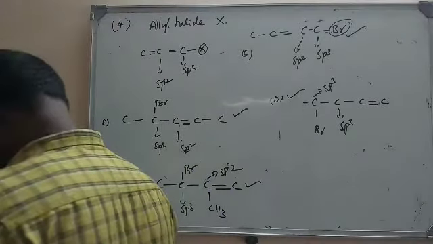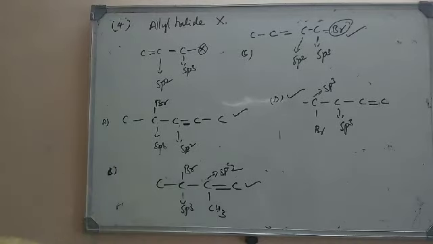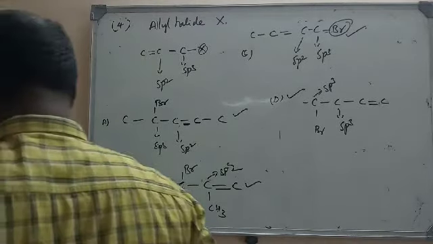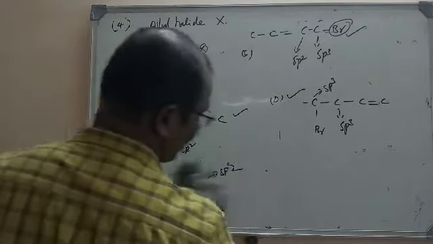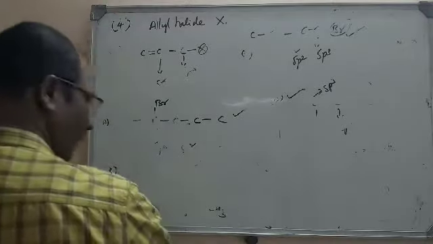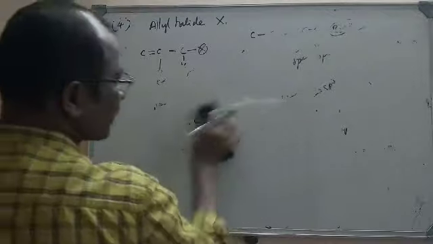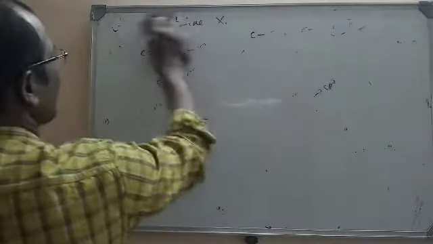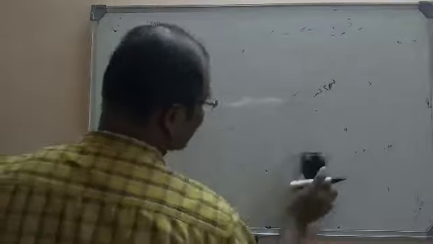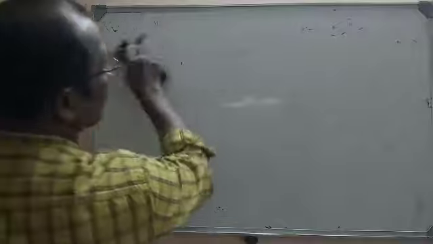So let us move to the next question. That is question number 5. Here we are going for the methods of preparation. All of you are required to go through all the concepts of haloarenes and haloalkanes. Only once you understand the concept properly, then the objective portion is very easy to understand and follow. So once again, I suggest you revise all the concepts. Let us go for question number 5.